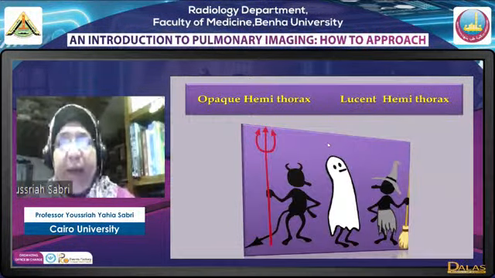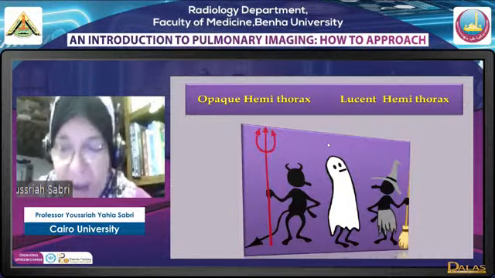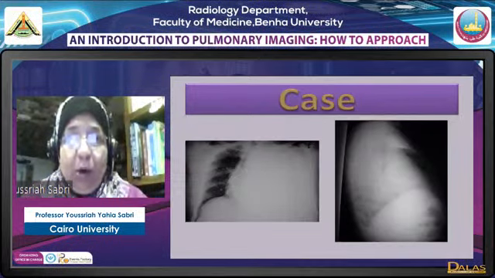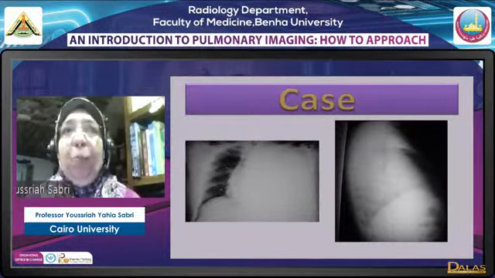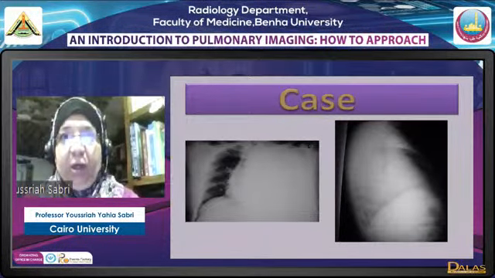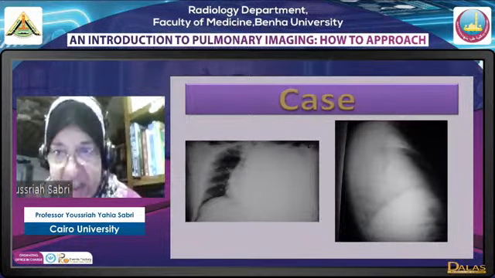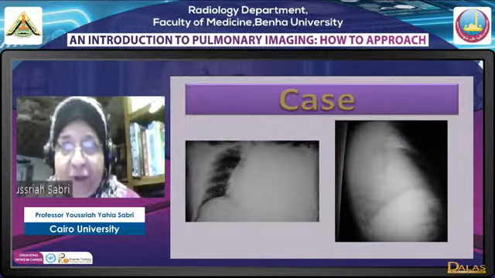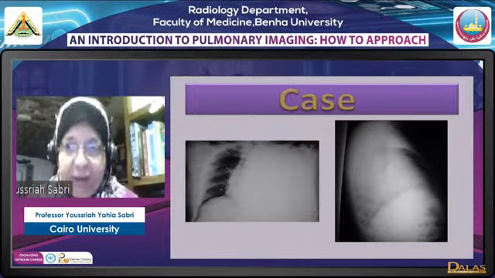Now we have the opaque hemithorax, lucent hemithorax. Okay, one either black or white. What are the possibilities that we have? We have 4 possibilities: an opaque hemithorax with increased volume, an opaque hemithorax with decreased volume, a lucent hemithorax with increased volume, or a lucent hemithorax with decreased volume. Okay, the 5th possibility is that we have a hemithorax problem with no volume change, and this is